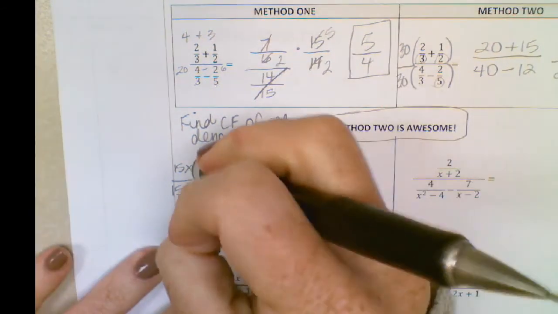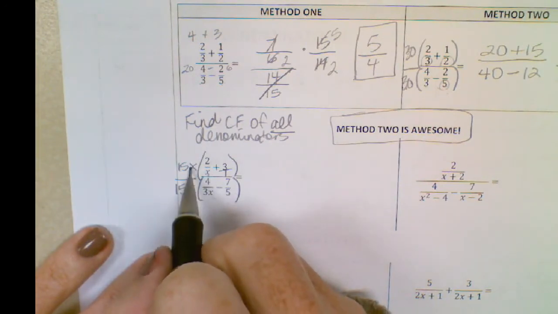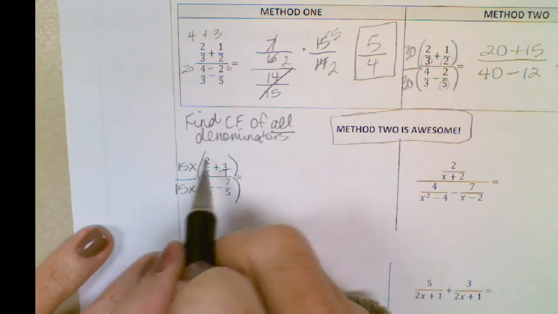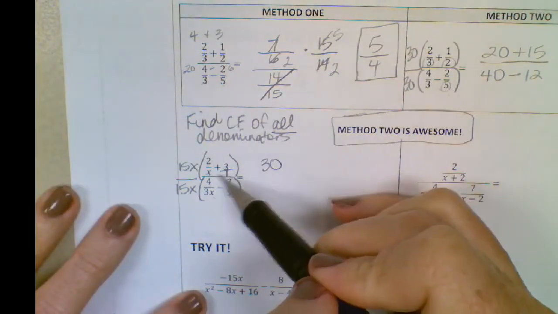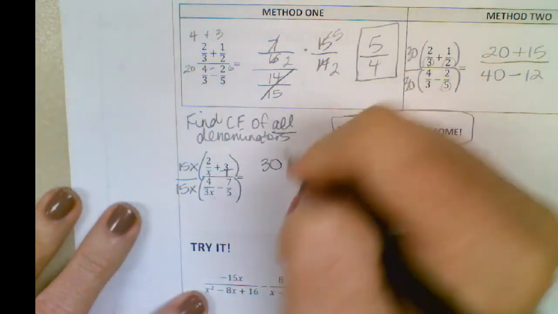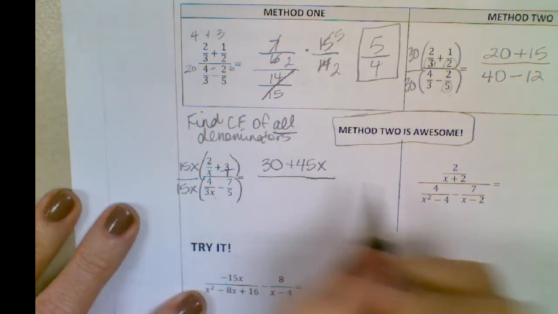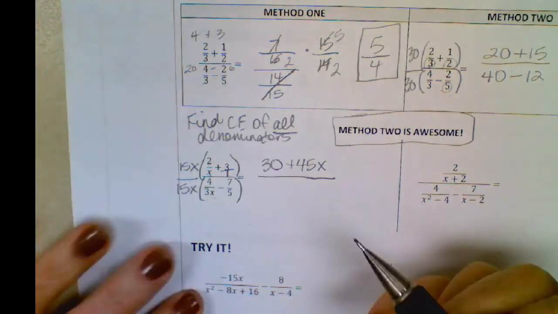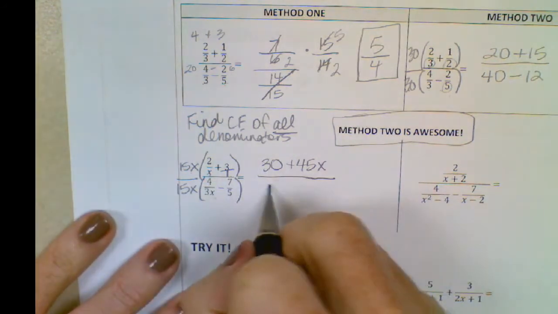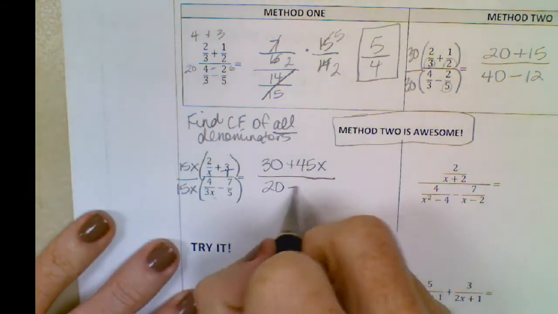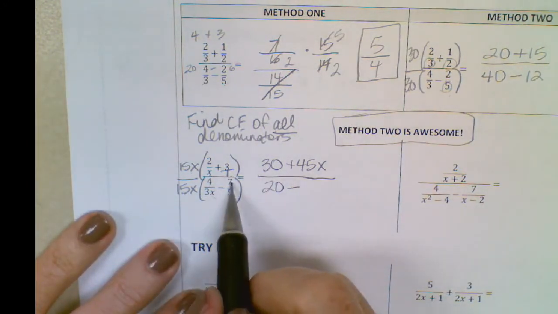Okay, so now let's go one at a time. The x's cancel. Here, x goes into x once. Times 15 is 15, times 2 is 30. Oh, look at that. That was awesome. 1 goes into 15x, obviously 15x, times 3 is 45x. Look how nicely that cleaned up. 3x goes into 15x 5 times, 4 is 20, minus 5 goes into 15x 3 times